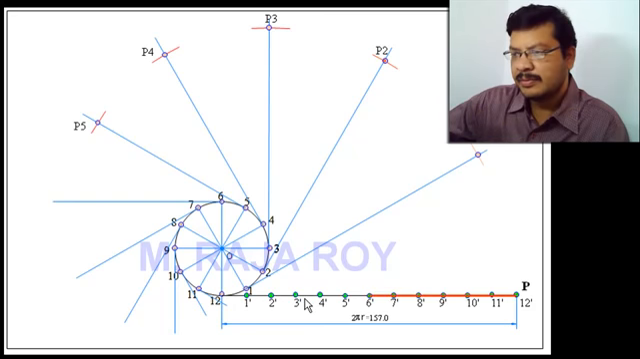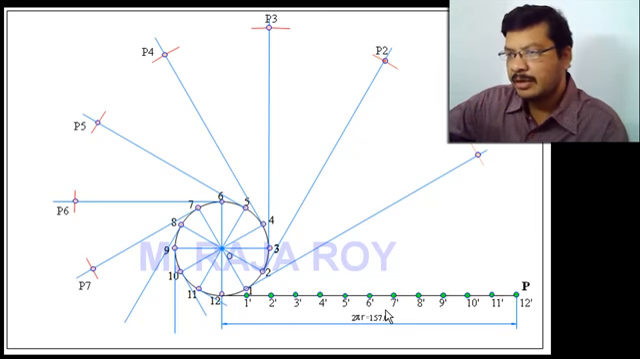Okay, for P6, this is the center. Here drawing the arc, this distance. For P7, for P8, for P9, for P10,